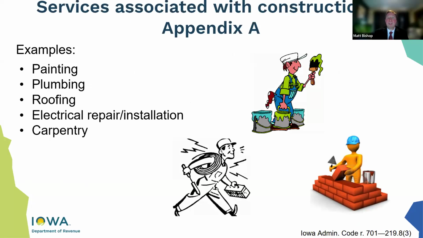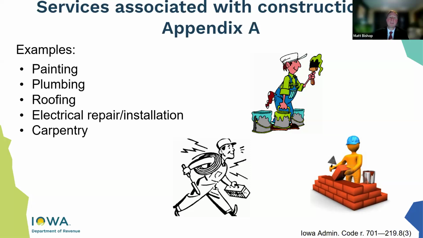Other examples, I don't know, roofing, shingling, glass repair, electrical, electronic installation, all of that we'd consider potentially associated with a construction contract. The difference there is a lot of those services are going to be taxable if it's not associated with a construction contract. So you see electrical repair right there. If you're just doing a repair job and not all the way up to construction, just a smaller project to repair somebody's electrical wiring, whatever, that would be a taxable service of electrical repair. At that point, you would be charging sales tax on your electrical repair service.